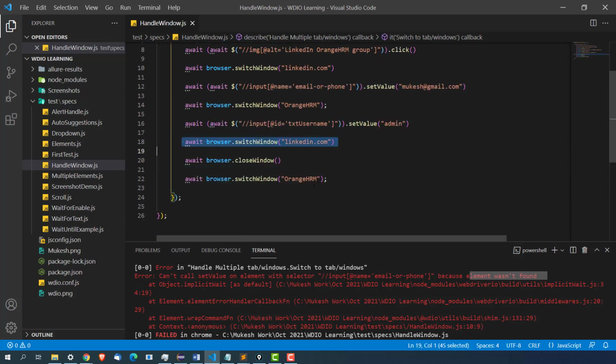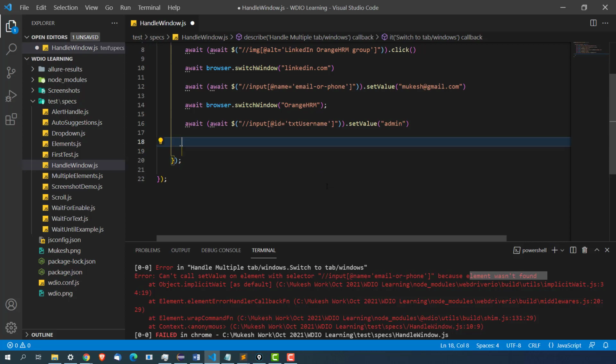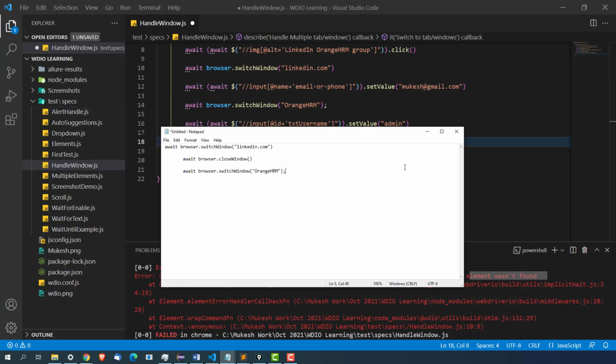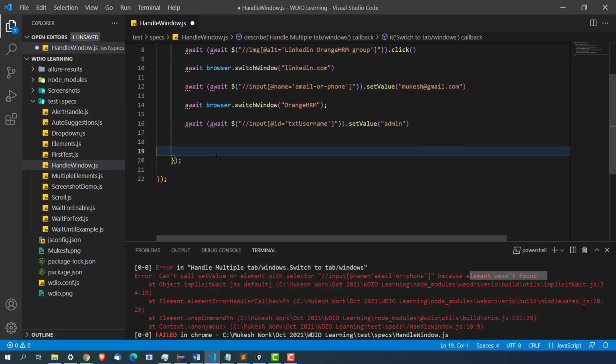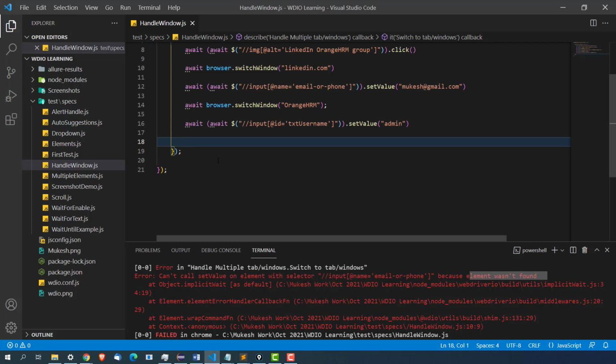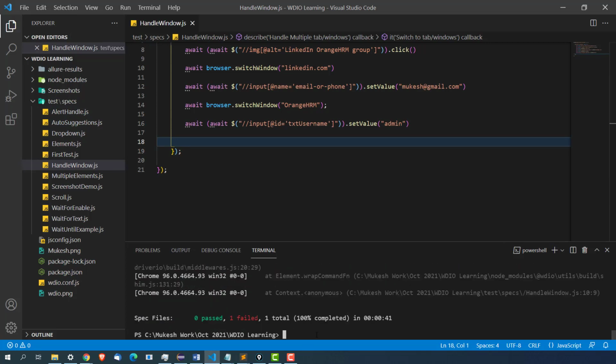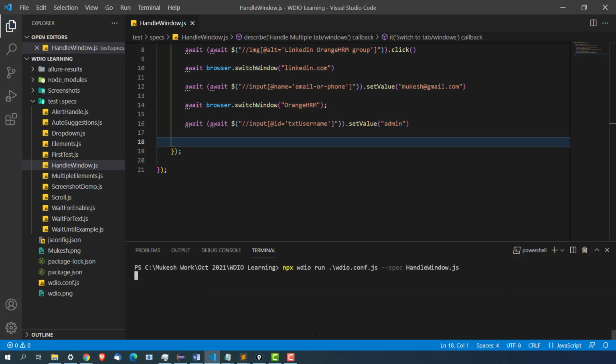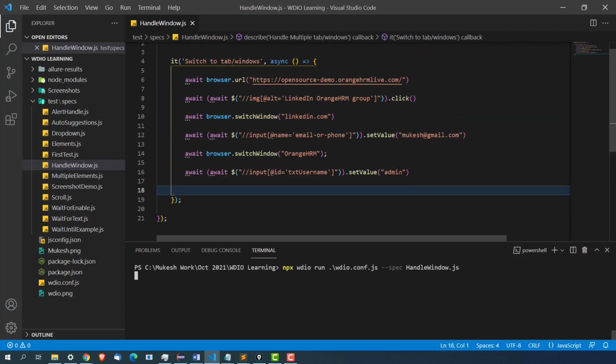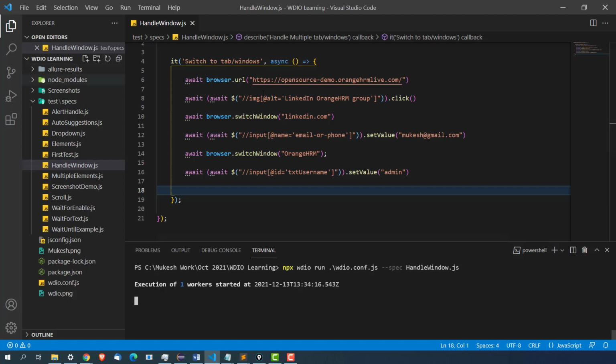I don't want to make it a little complicated, so I will just keep this aside as of now. This we will add later. As of now, just see the switching part. So I will clear this and let's run once again, and it will be very, very quick. So we'll add a browser.pause also. Let's see this first, and it will be a little fast, so we have to add browser.pause as well.